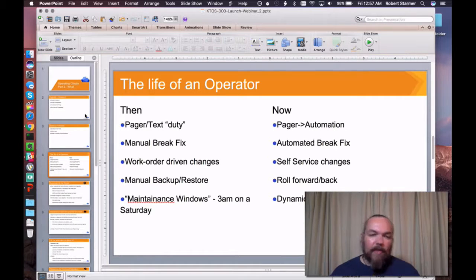We cannot have these sorts of maintenance windows anymore, especially in a world where everything is always online. There is no time when you can really say, yeah, we're just going to take the site offline for a couple of hours, maybe 3 or 4. We really don't know. We'll see what happens. That's just no longer acceptable. We have to change how we're doing things in order to enable the modern way that people expect to interact with our businesses. So the first thing that's happened is that a lot of what used to trigger a pager alert is now automatable.